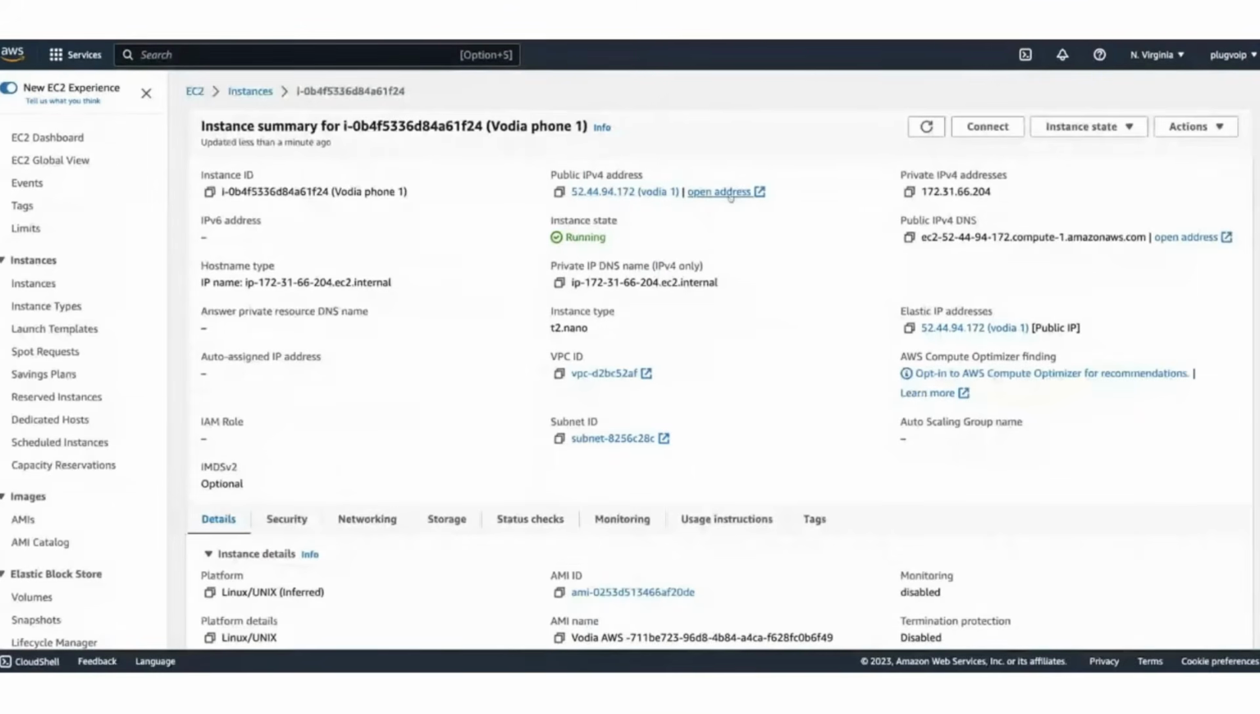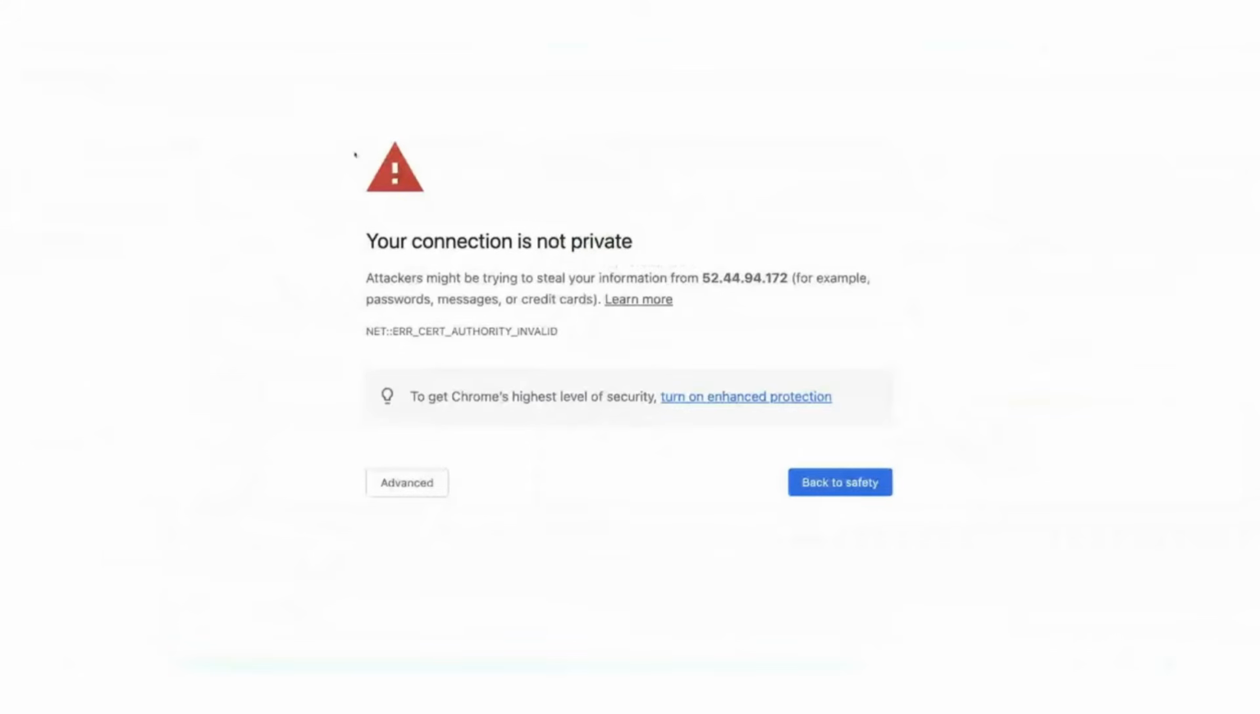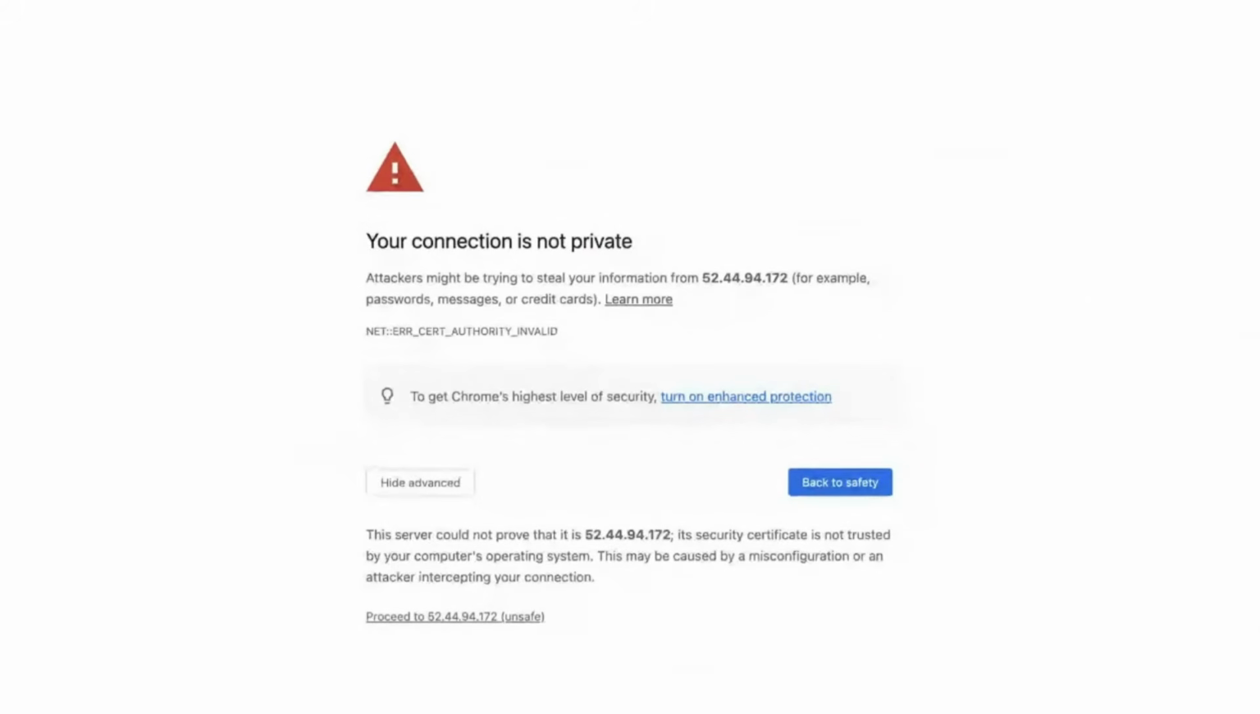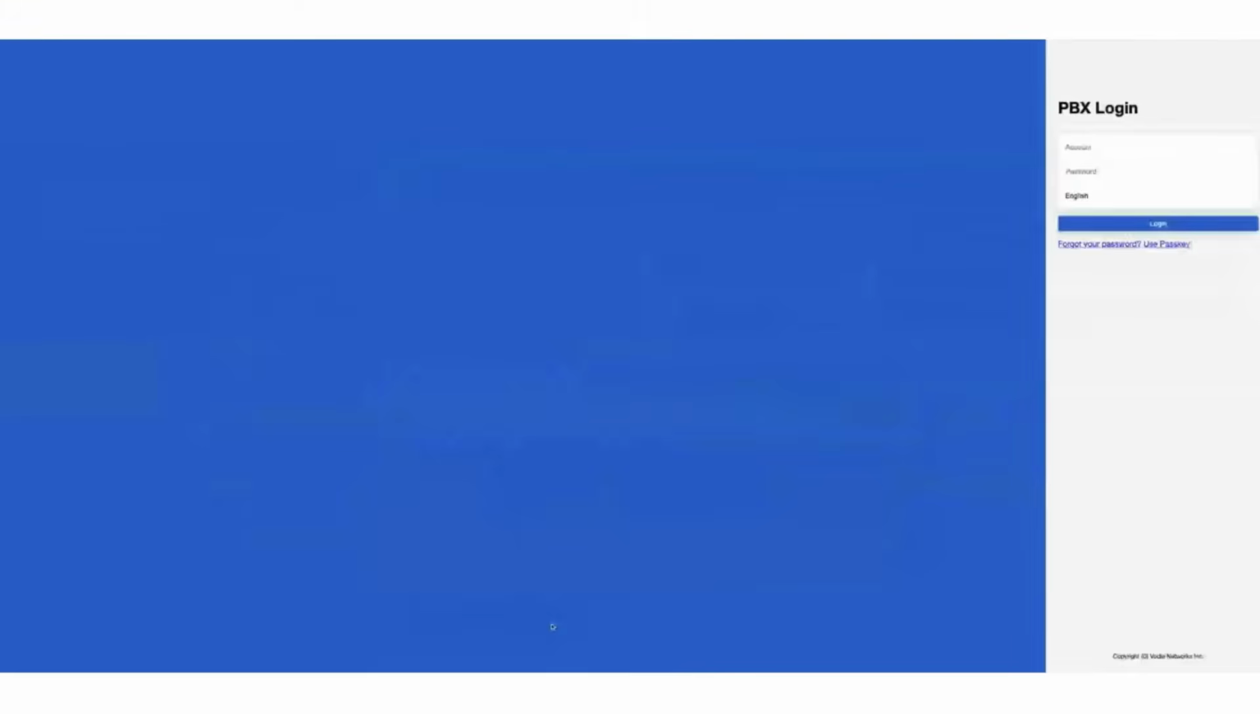open address. Okay, so you get the privacy error. Obviously, we don't have a certificate. We don't even have a DNS name. So this is perfectly normal. Proceed to the next step, just go to the